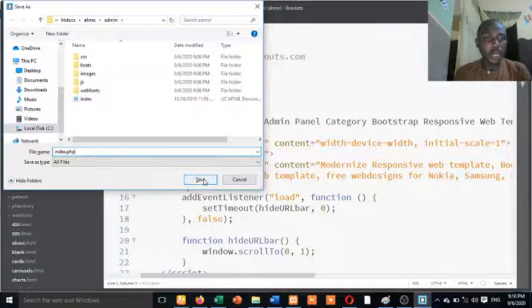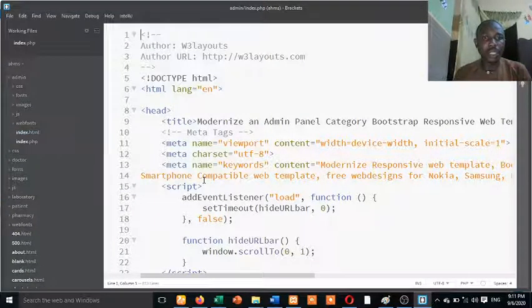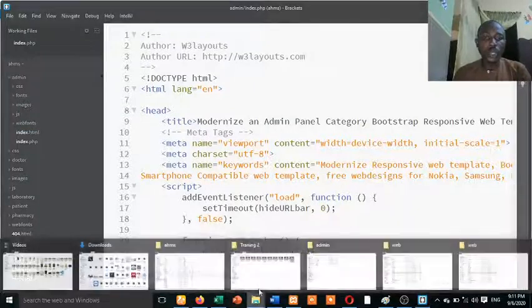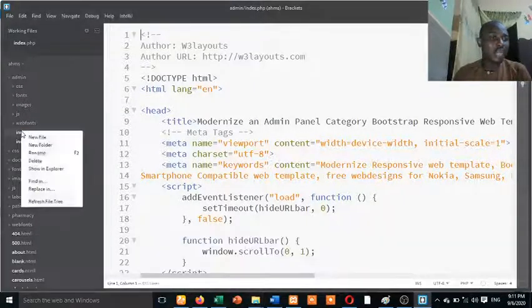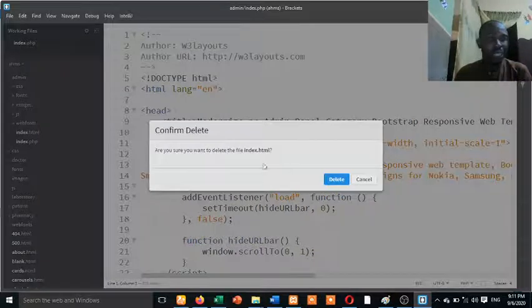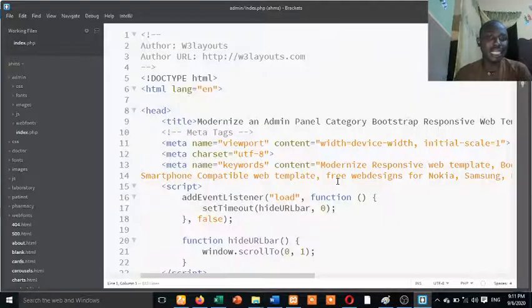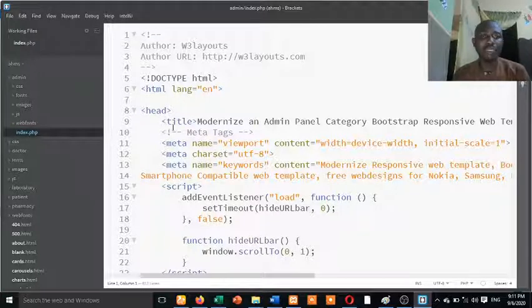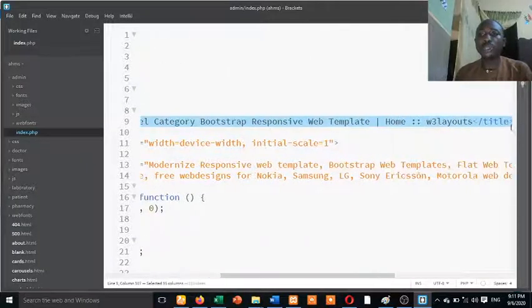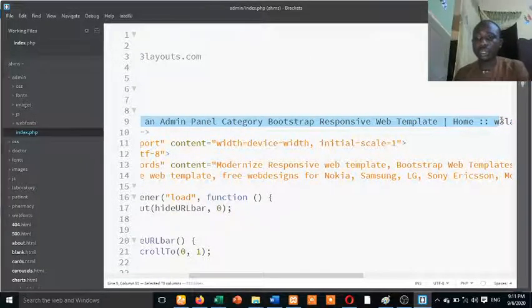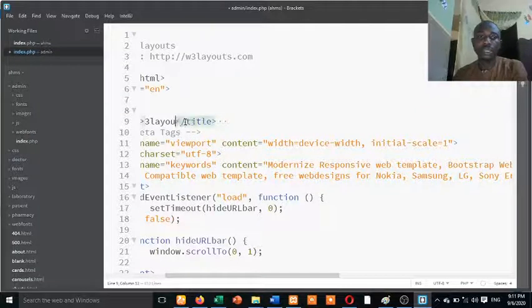So index.php here, let me save it. Okay, I have index.php. So inside that we now have index.html. I can delete this index.html because I don't think I'll be needing it again. Even if I need it, I will check this index.php. They are the same thing. Now my title, I will change the title. I can call it Al-Amin